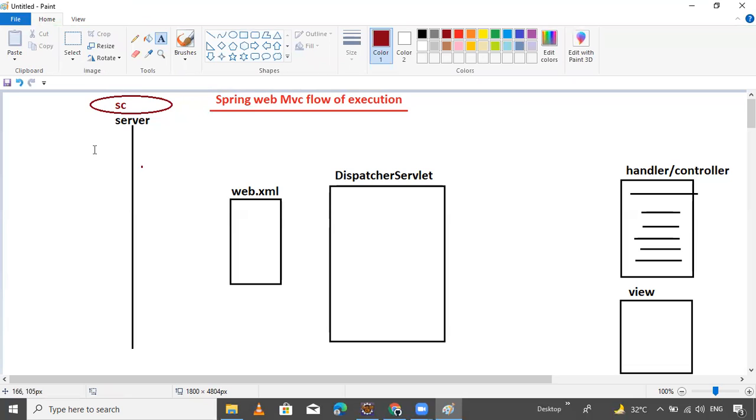The container will create a servlet context object for each and every web application. What is that, guys? Try to understand. The server's responsibility, it means the container's responsibility, is to create a servlet context object for each and every web application which exists inside the webapps folder inside the server space. These three things it does. Why that? Why?